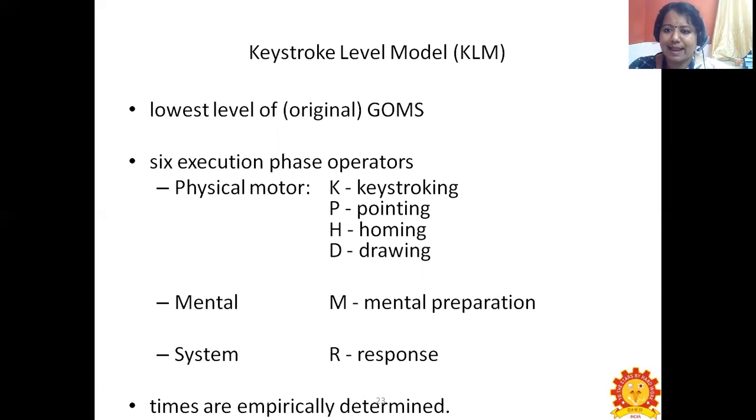So at the lowest level of original goals, that is a goal operator method selection. Here we are using six execution phase operators. The first one is the physical motor, the second is the mental, the third is the system. Under the physical motor, we are using four operators: K, P, H, and D. K refers to keystroking, P refers to pointing, H refers to homing, and at last D refers